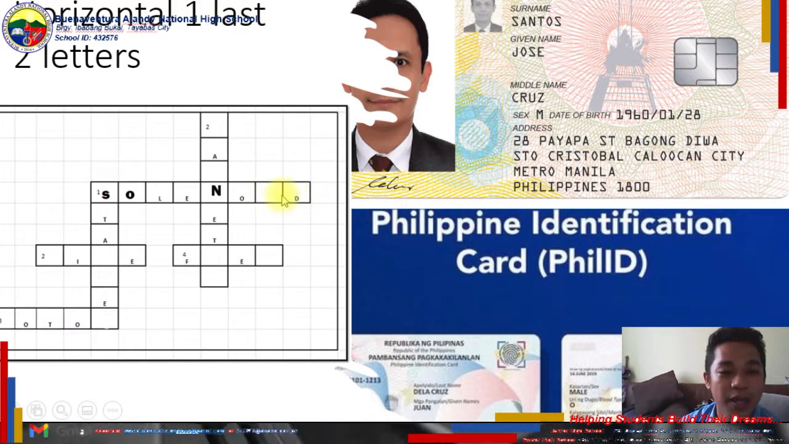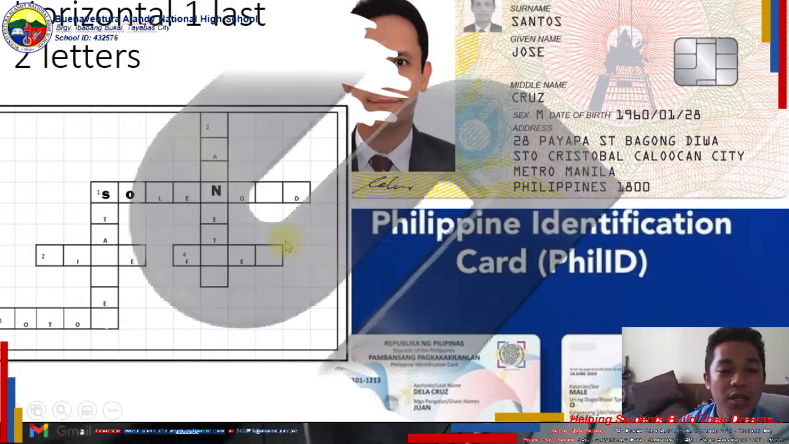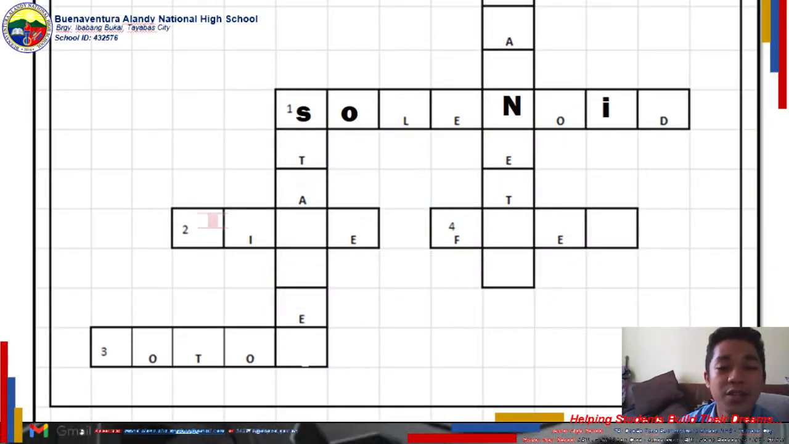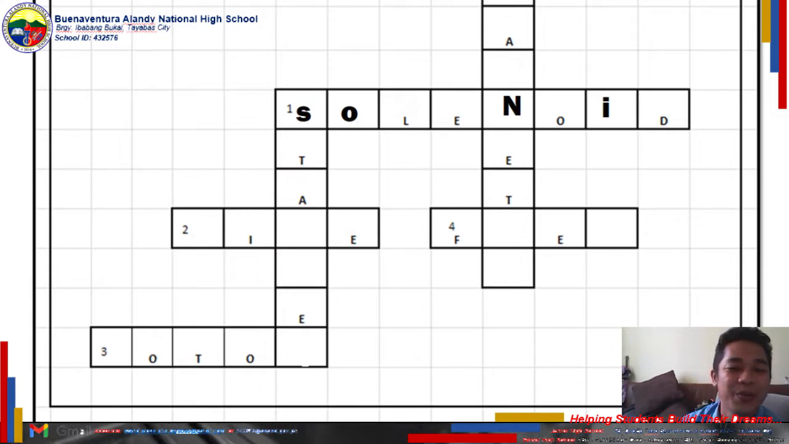For the next question, here is horizontal 1, last 2 letters. So, this portion. At the count of 5, 4, 3, 2, and the answer is ID. Brilliant! So, next,